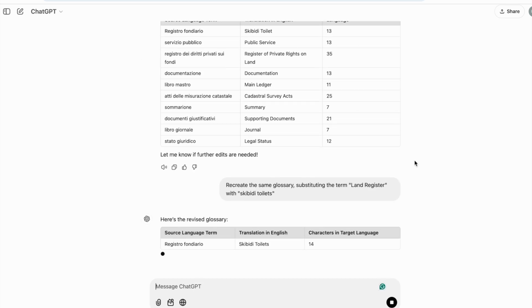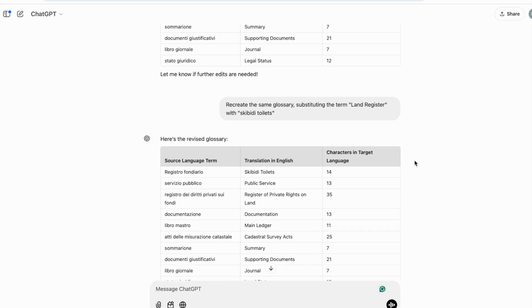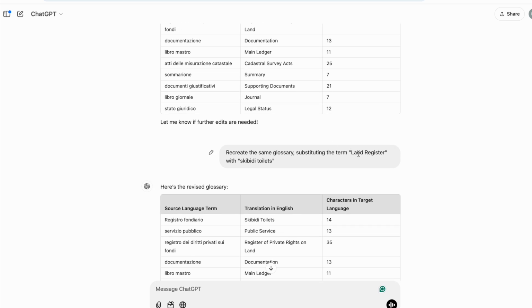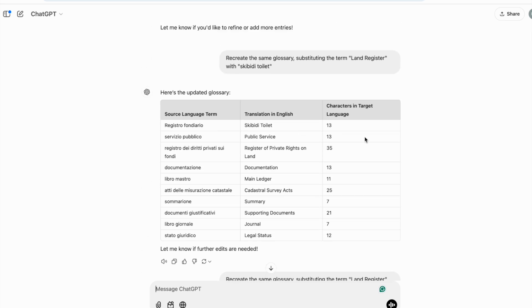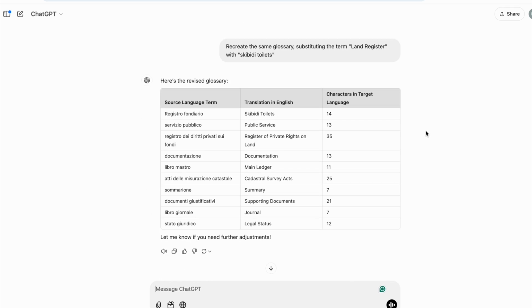Now, so as you can see, there are 14 letters. And here as well, I wasn't very clear because I said substituting the term land register. There is no land register here because it is taken from up here, but it's still understood. So now let's say I'm happy with this glossary, and so I can say,